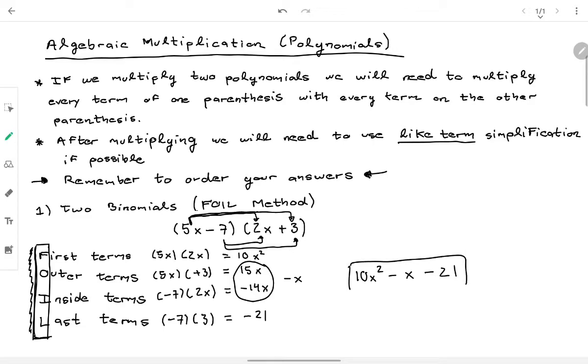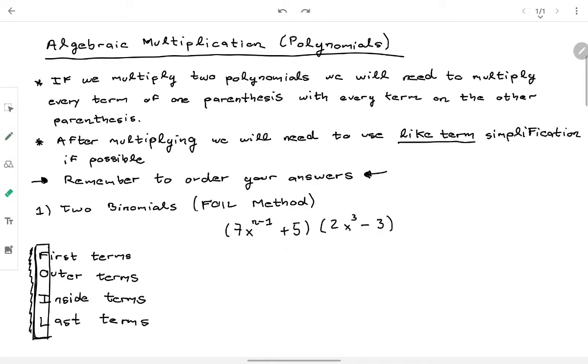So this is a very simple way or method to do two binomial multiplication. So every time that we have two binomials, we can use the FOIL method. Remember, first terms, outer terms, inside terms, and last terms. Let's see some other example of FOIL method. So in the next exercise, we have something like this. It's two binomials, so we can use the FOIL method. Remember, the FOIL method will be